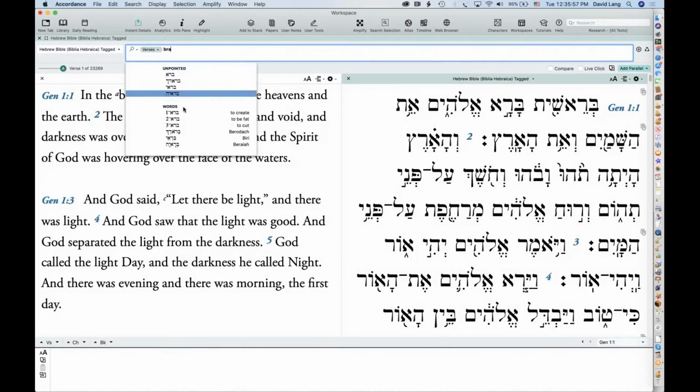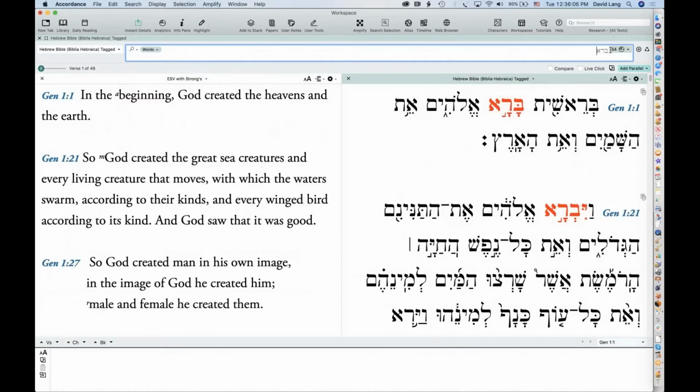So it's ready to give me whatever Hebrew search corresponds to what I've typed. If I hit return, it will switch the mode of the search from verses to words, and it will find every inflection of the lexical form bara.